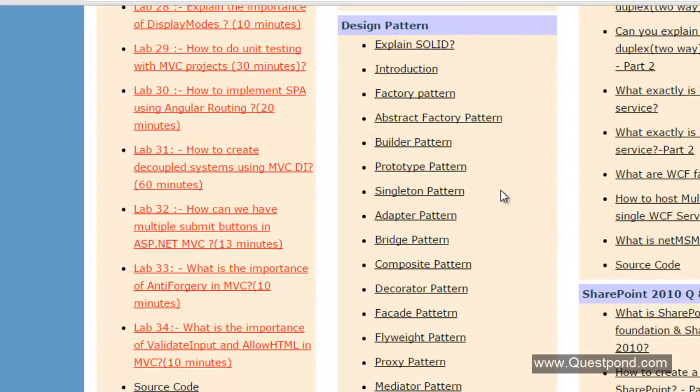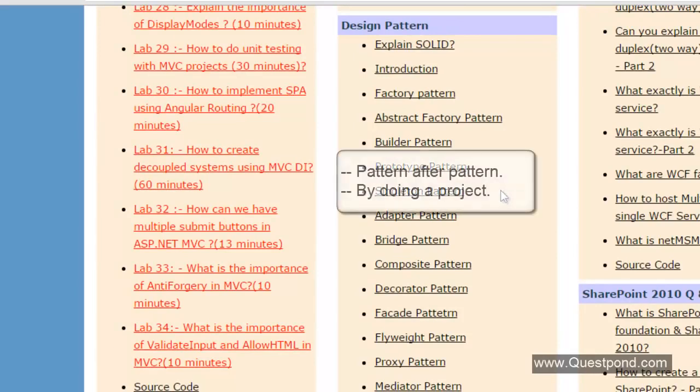Now there are two ways of learning design patterns. One is if you are a person who wants to go concept by concept, code by code, then here it is. You can see that, log into your QuestMonVD account and see this section step by step like this. And the other way is by doing a project. Take up a project, start coding, and let the design patterns fall naturally along the way.